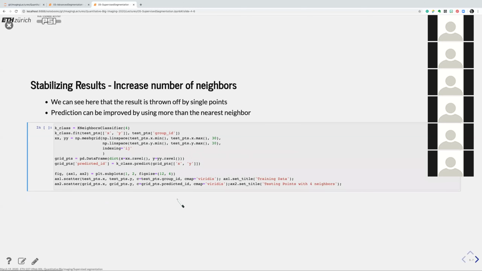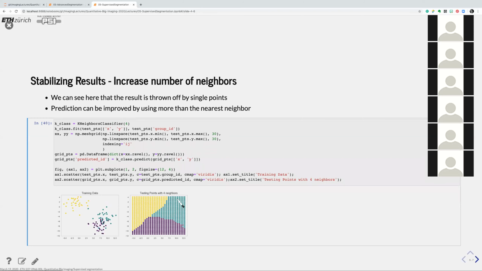So what we can do to get it more stable, to get rid of these islands and the fuzziness in the boundary, is increase the number of neighbors. And the result is that when we have 4 neighbors, we have much nicer lines between the classes, and they actually also make more sense. And with that, we can increase the stability, probably to a certain point. It depends also on how much overlap you have between the classes, but I wouldn't say you need more than 4 or 5 neighbors to have an extremely good